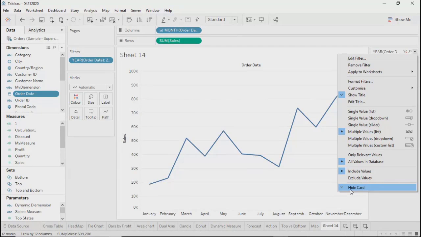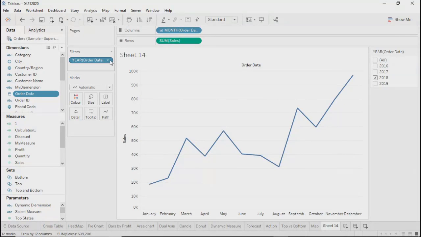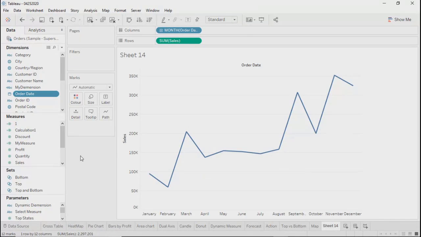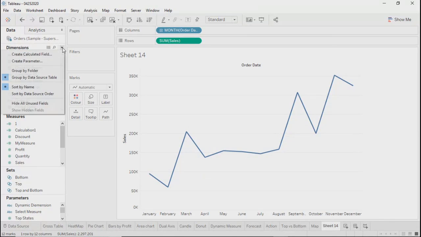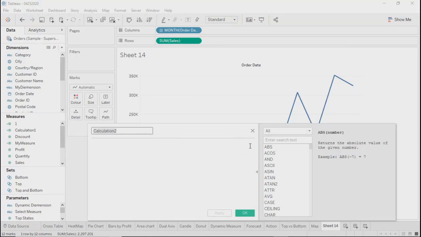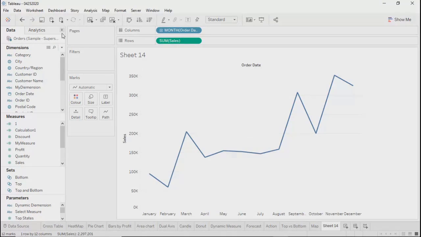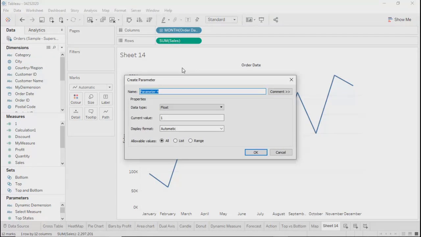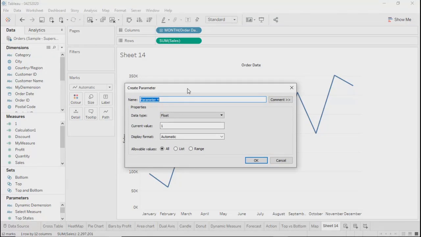We definitely don't need this filter because this filter will not help. So we will be creating one parameter, and over here, the user can say,